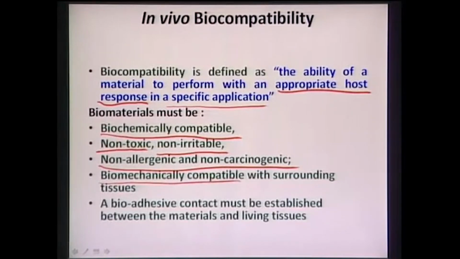Also, it must be biomechanically compatible with the surrounding tissues. What does it mean? Every tissue, whether hard or soft, as you have seen in earlier lectures, has a range of mechanical properties, such as elastic modulus. Whenever you put a biomaterial in for a given application, for example in a bone which will surround that material, there should not be a large difference between the material and the bone in its neighborhood. And if there is a large difference in mechanical properties, particularly in elastic modulus,